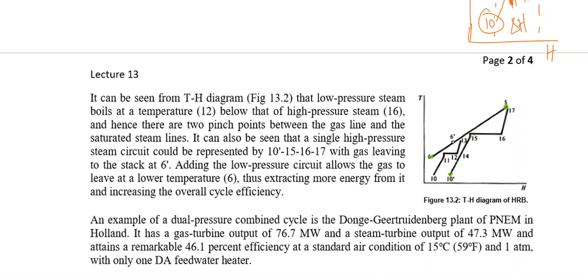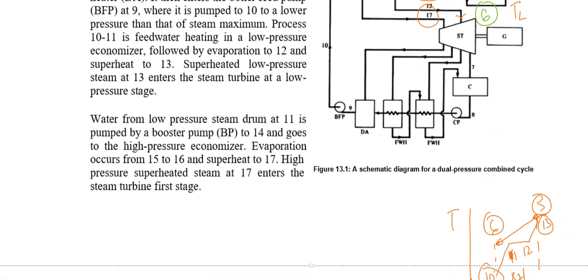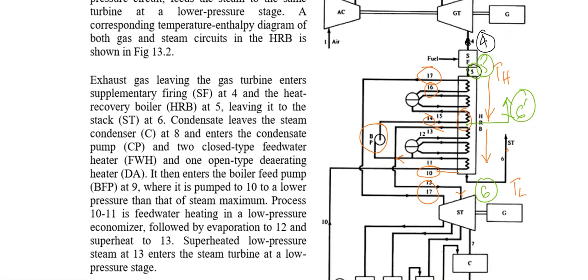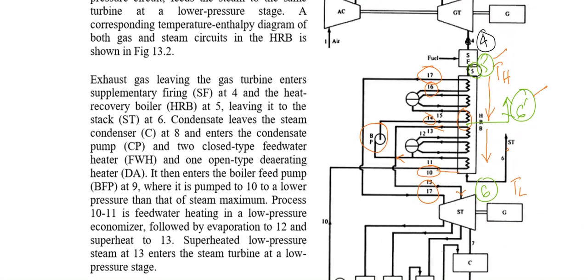And then that is actually a high pressure circuit. By installing another low pressure circuit, we are getting enthalpy from 10 to 11, 11 to 12, and 12 to 13. So having said that, if I am having only one pressure circuit, and let's say that is a high pressure circuit only over here, then the enthalpy would be gained only from 5 to 6 dash, and it will be only the enthalpy leaving in the HRB